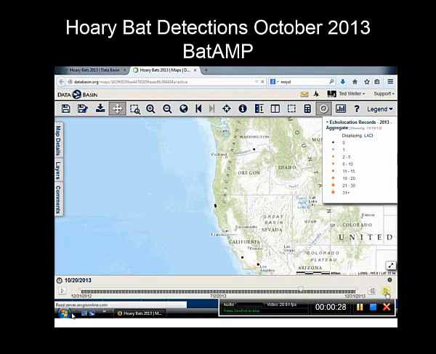And if we play this out again over the following days, we see a similar pattern where they show up in the Columbia River Gorge, and then they show up in Northern and Southern California several days later. So I'm not trying to suggest that there was a flock of bats that was migrating from the Columbia River Gorge to northwestern California and then down to Southern California, but I think you can understand how, if we have larger data sets, we might really be able to explore how bats move on the landscape.